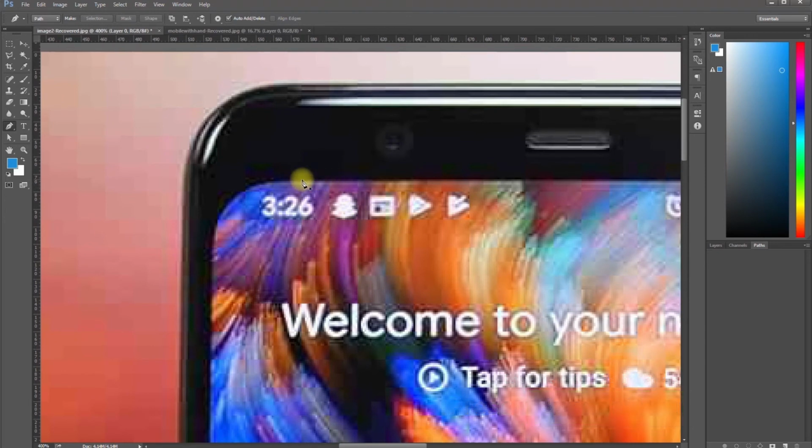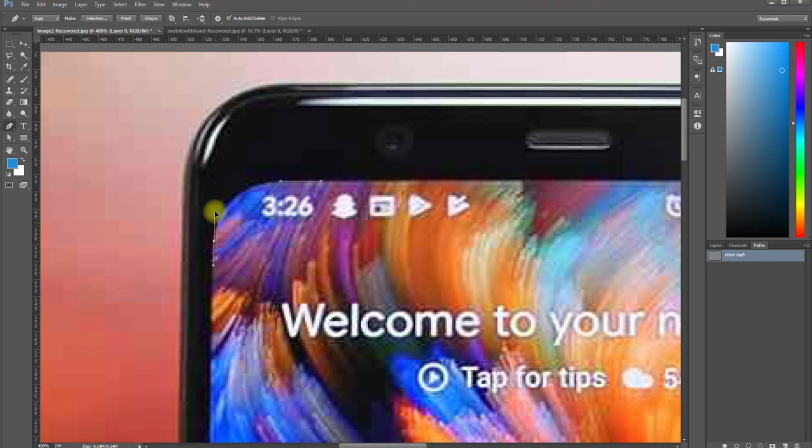Now as you can see, we have a curve area over here. So first we put one anchor by clicking on the starting point of the path. Then I click for another anchor, and for the curve area I will click and drag, so it will create a curve.